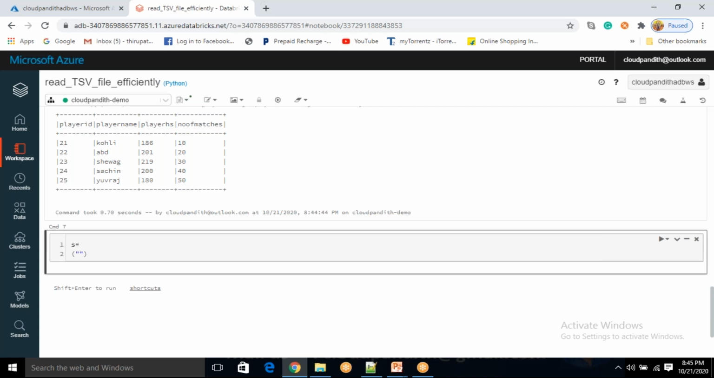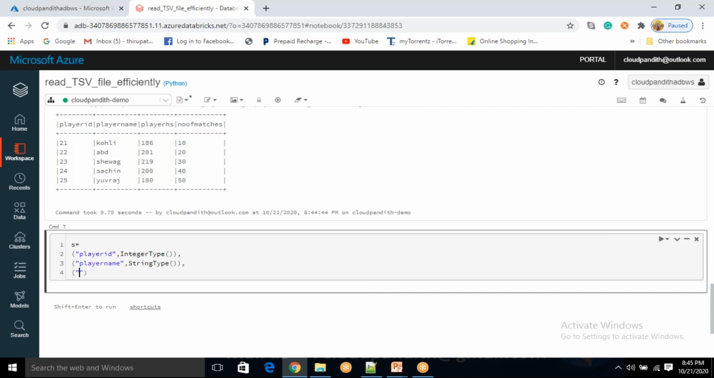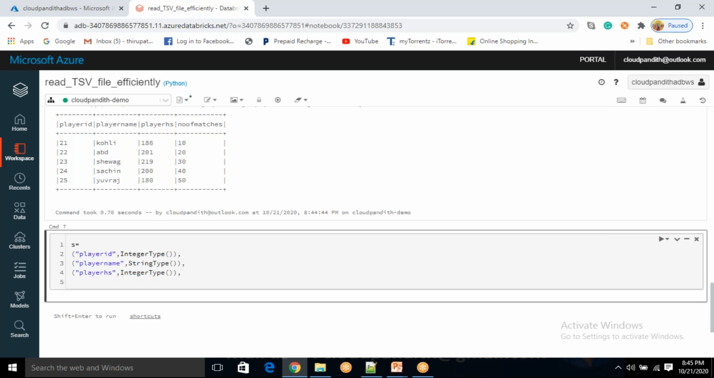My first column name is player ID. This is integer type. Next, put a comma here. Next, what is the data type? The next column name is player name. It's a string type. Next, player highest score. Player highest score is integer type. Okay, comma here. Next,